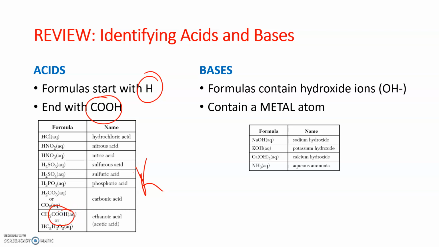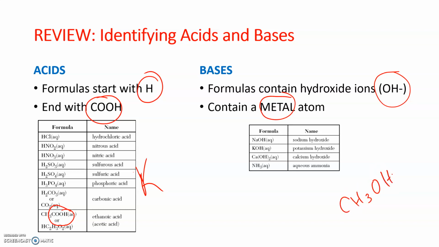All right, so bases, on the other hand, some of you are still falling for this. They do have to have a hydroxide ion in their formula. They have to have an OH, and it's at the end of the formula. The big trick here is that the hydroxide ion must be ionically bonded to a metal atom. So some of you are still falling for